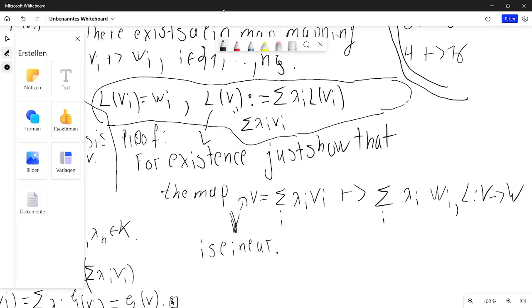So such a map exists, and now it is linear. So there exists a linear map that indeed maps v_i to w_i because the representation of v_i, recall that, was just 1 times v_i, everything else 0. And so this would be 1 times w_i, other lambdas 0. Right, that is the only thing to show, and this is very easy, of course, is linear. So show that